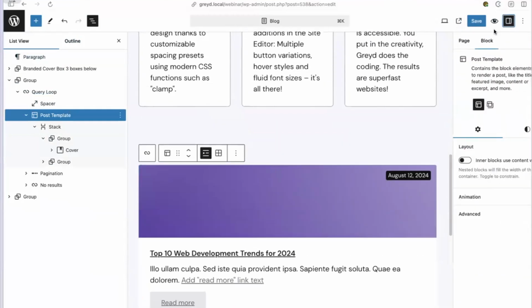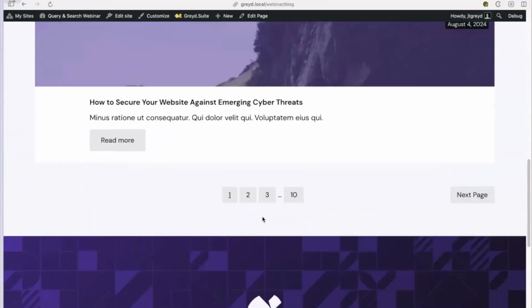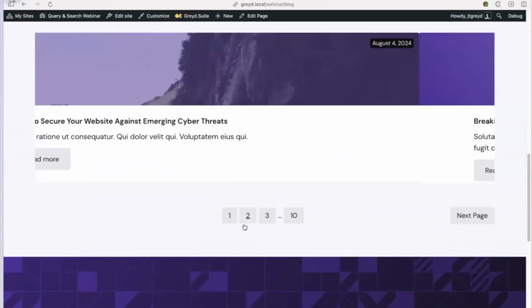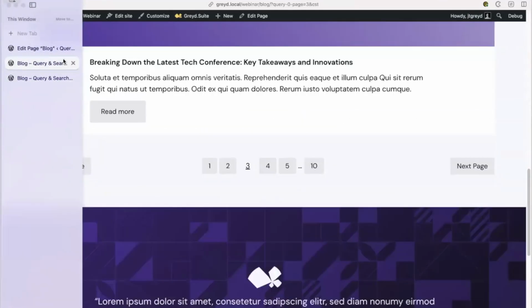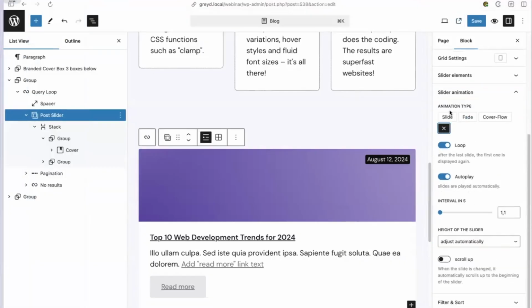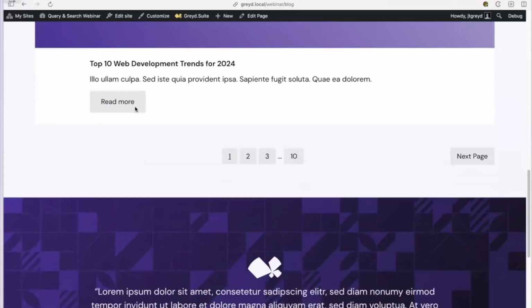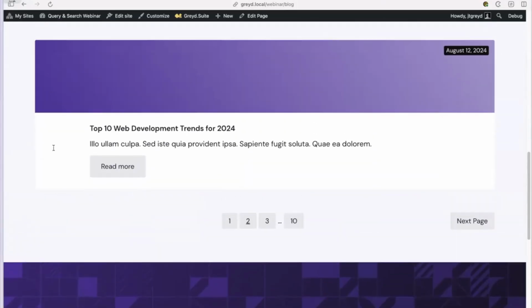So if I go ahead and save this as a post slider variation, now you can see I still have this loop going on. Let's get rid of this loop for now, make it a slide, but not loop, not autoplay. So there we go. Now we can go to the next page live.